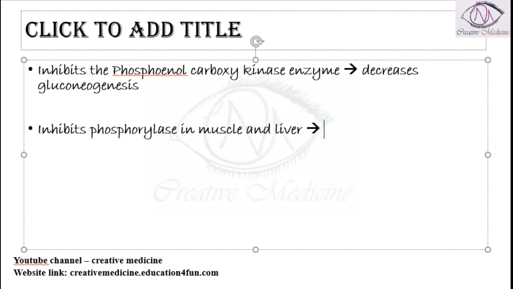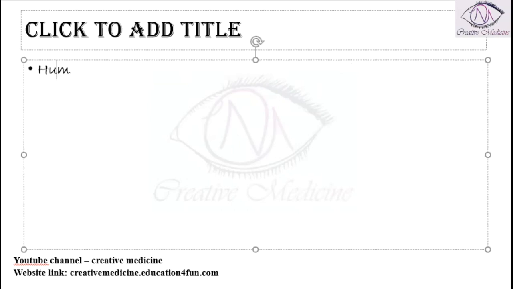Phosphorylase is the enzyme which is involved in glycogenolysis. Thus because it inhibits the enzyme phosphorylase, it also decreases glycogenolysis. Then if you see the human pancreas, it contains 8 milligrams of insulin, and this